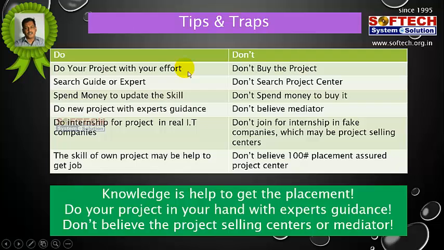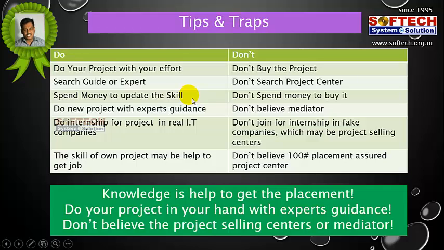They purchased them from common persons. They purchased old projects, and they sell them. That project may be an old project, so the college can easily find it is an existing one. At the time of interview, the company may find that the student purchased an old project. So do your project with your own effort. Don't buy the project.